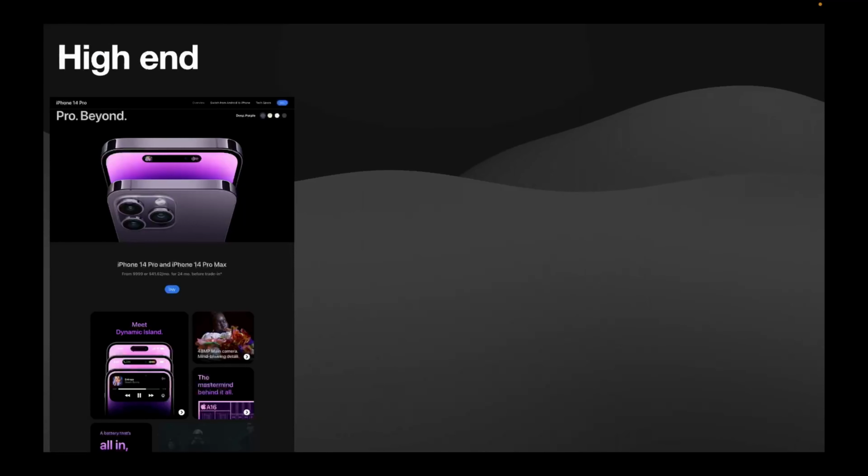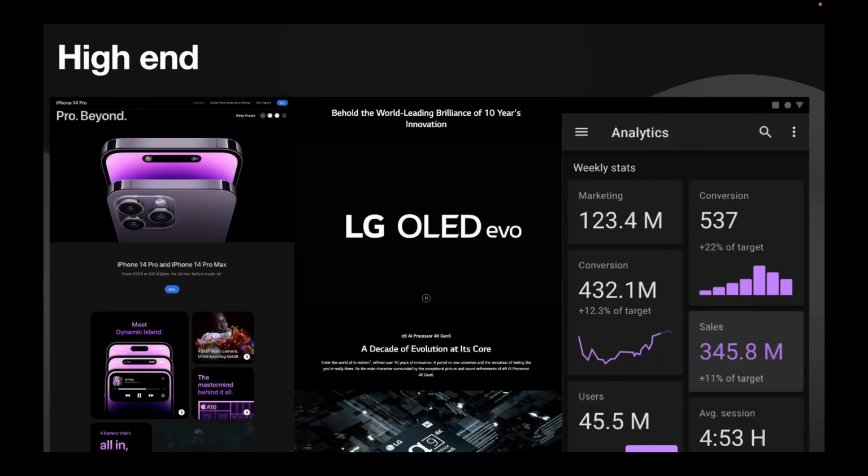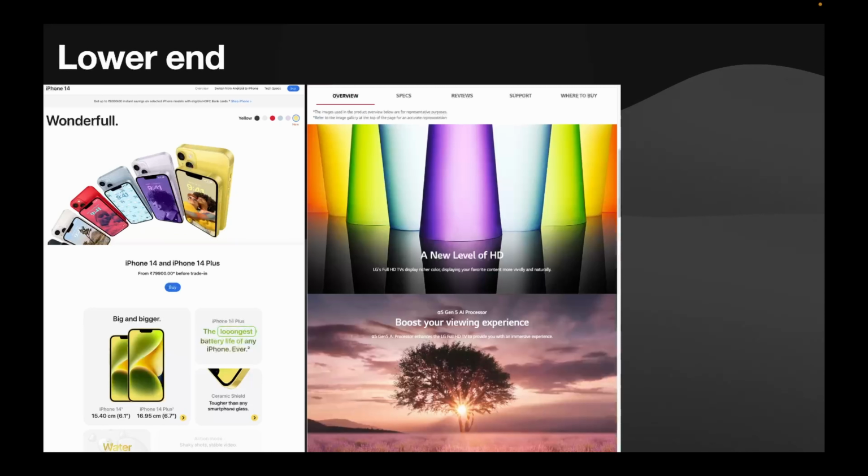So it's not just automobiles. If you look at product pages, the high-end products usually have a very black background, and this is the dark theme from Material Design, the design language of Android. So the high end usually uses black, but if you go to the lower end, you will start seeing a lot of colors popping on the respective product pages. So for example, with the iPhone 14, you will start seeing a white background and a lot of color usage, and of course, color is used